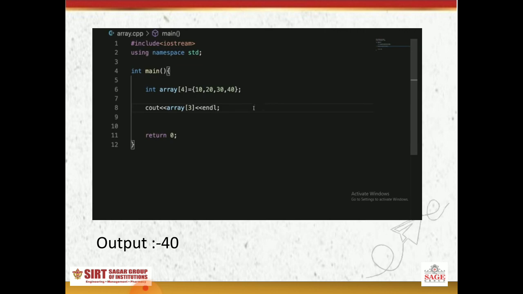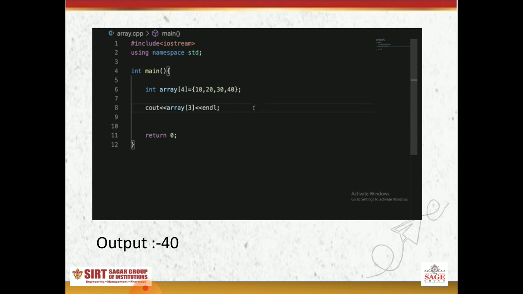Now here is the program for the same example. In this, we take integer type of array, the name of array is array and size is 4, with the same elements, and we want output as array[3].